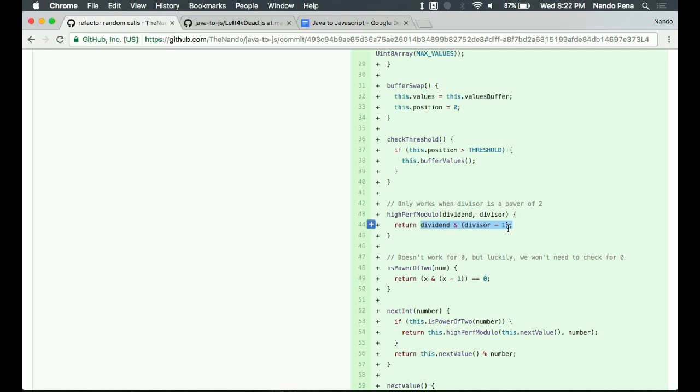I don't know if I could explain it very well, but we're effectively taking the number and the number minus 1, doing a bitwise comparison between them, and what you end up getting is the leftover stuff that would have been the modulo. But it only works for powers of 2. It wouldn't work for 37, but it would work for 32. So that's really limiting.